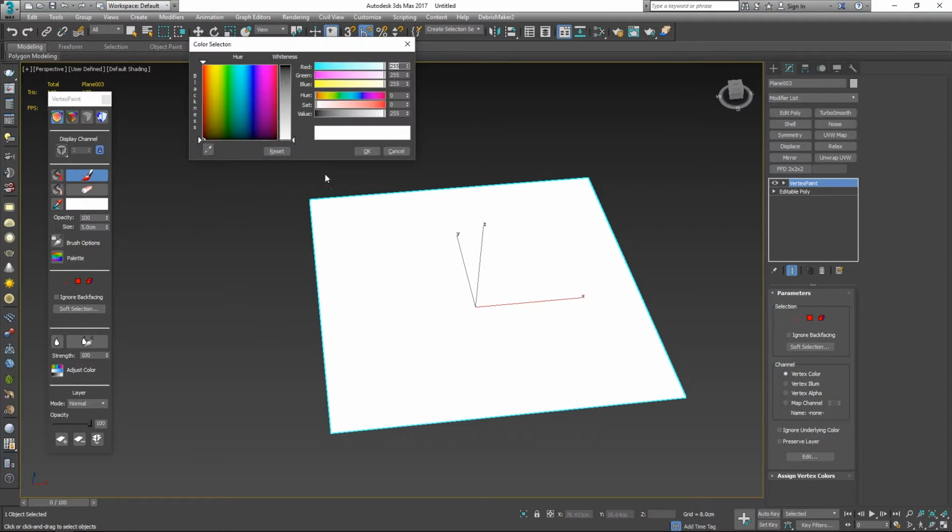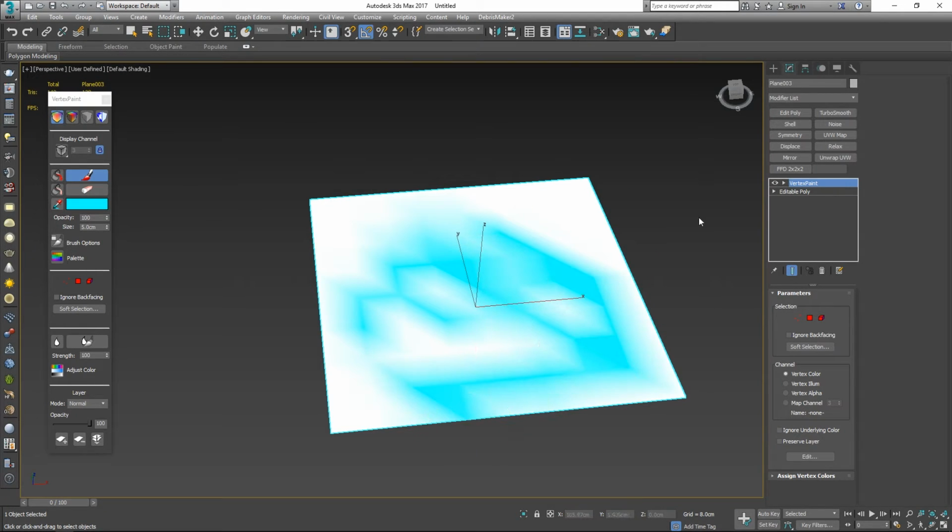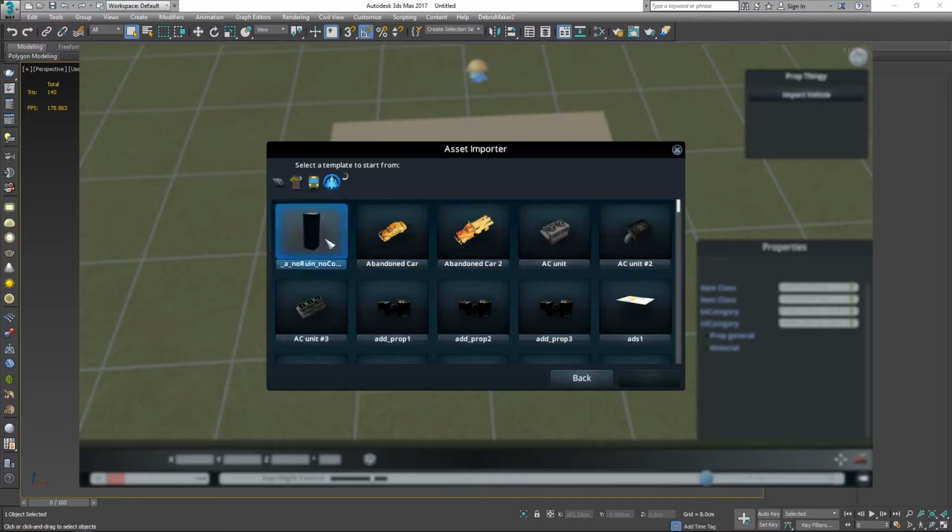One other interesting thing about the rotor shader is you can use vertex paint on the red channel to control the transparency as well, so it might be useful for adding stains or something to your building.